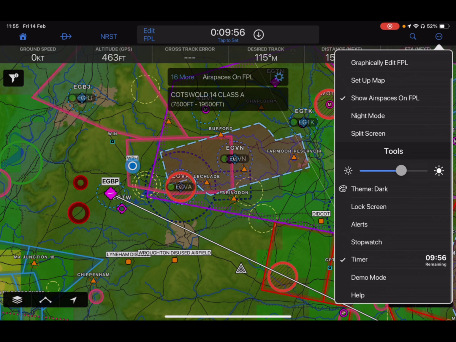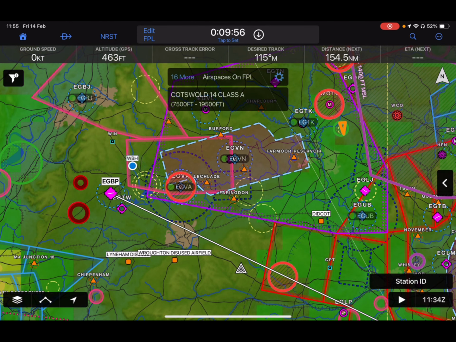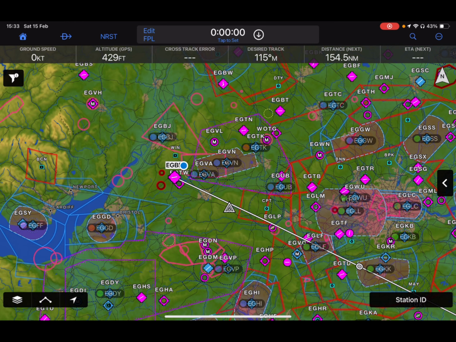Yeah, and that's pretty much all the information there. So next thing we'll have a look at is how we can get the map set up, how we like it for the sort of flight that we're doing. And this is an amazing feature of Garmin Pilot. It's super good. So we'll come to that in a second. Okay, so let's take a look